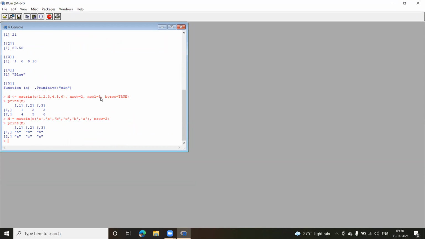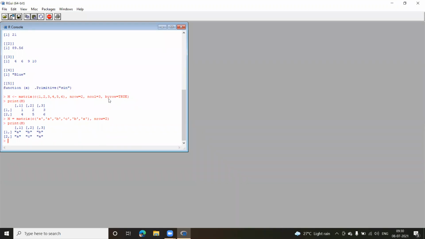But because I have not passed the column, depending on how many elements I have, that many elements will be assigned here. Now, if you want to do some trial and error, you can pass 5 elements and check what happens. Or you can pass, say, 4 elements and give row as 2. Or you can pass an odd number as a parameter and check what happens. That is up to you. You give a try.